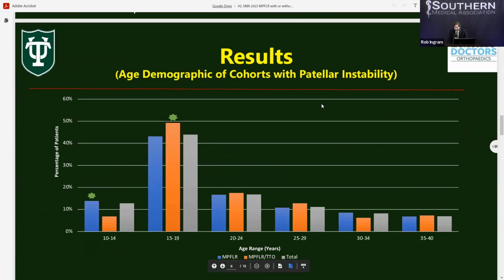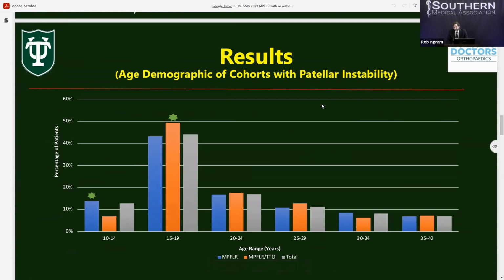Like other studies of patellar instability, ours found that patients who received surgical treatment for this condition were overwhelmingly young in age. More specifically, 56.8% of our sample was between the age of 10 and 19 years. Additionally, our study found that the isolated MPFL reconstruction group had a significantly higher proportion of patients in the 10 to 14 years of age range when compared to the other studied age ranges.